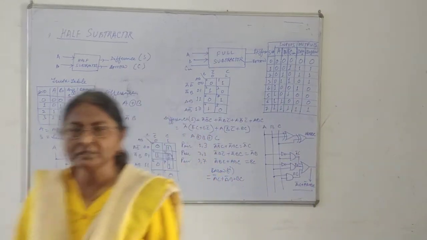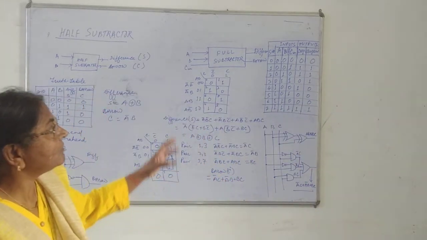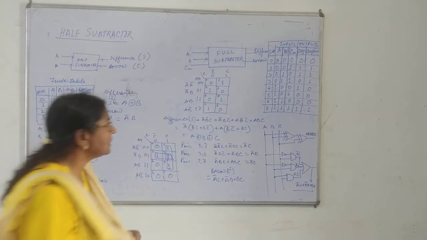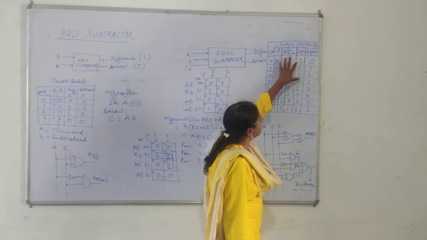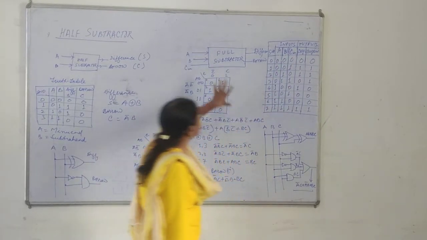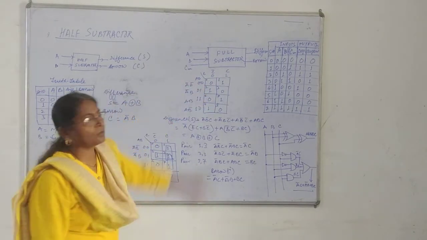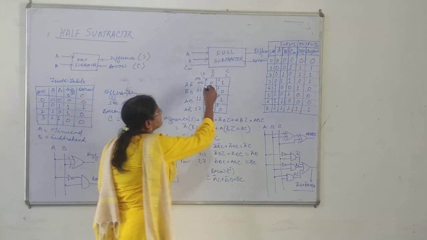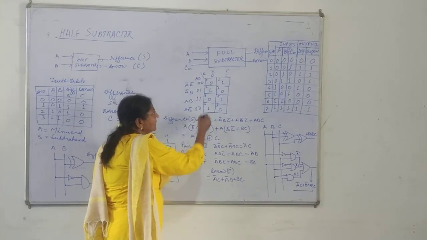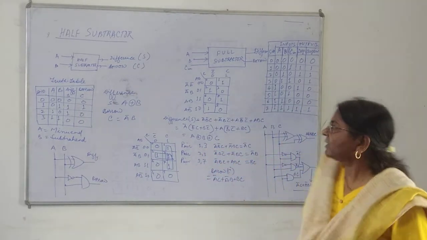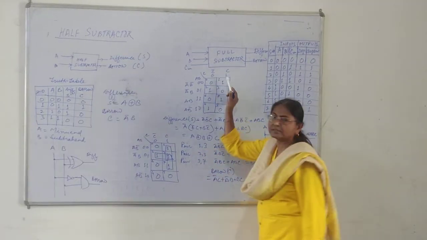Now here I have designed to simplify how we will get the simplified equation for this output. How can we design the circuit for it? So what I have done, I have designed a K-map. I have just drawn a K-map and put this output into this map. Here I have changed the structure of the map just to explain to you. Here I have designed a map with 2 variables at the vertical line and 1 variable at the horizontal line.